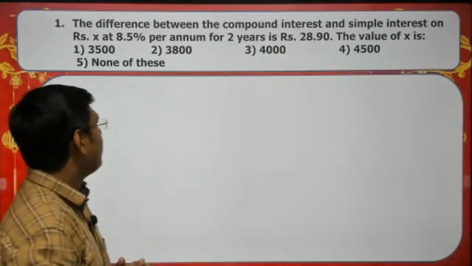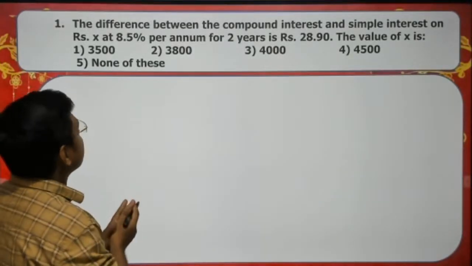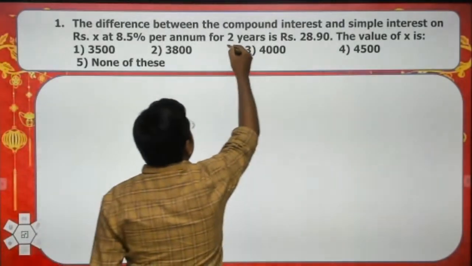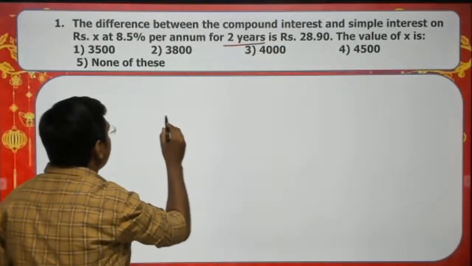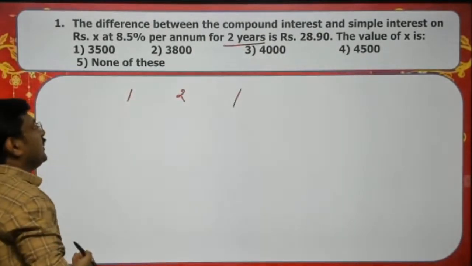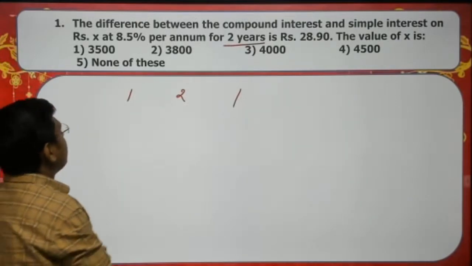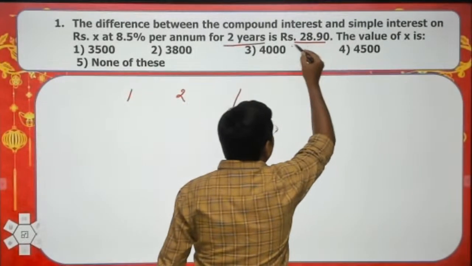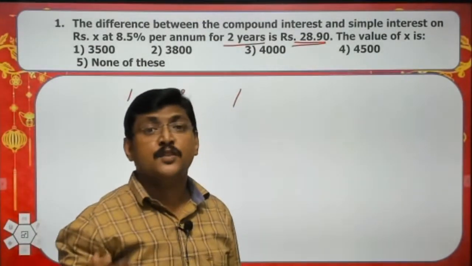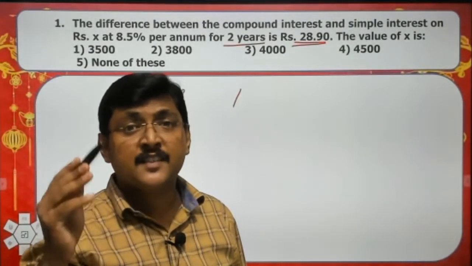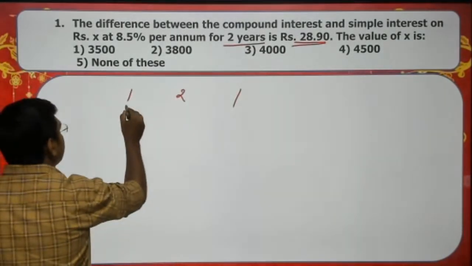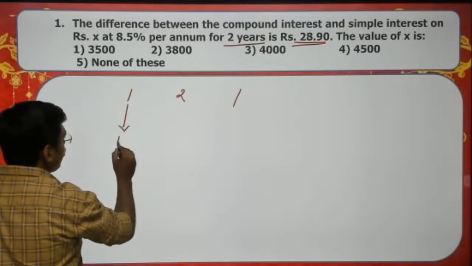So listen carefully. Here the difference between the compound interest and simple interest on rupees X at 8.5% per annum for 2 years. Since it is for 2 years, we know that our frame will be 1 to 1, correct? If it is 1 to 1 and clearly given the difference between the interest is 28.9. First of all, I am going to find the interest in terms of the principal. If I am assuming the principal as 100, I am going to find the answer. Listen carefully. Yes. If this 1 corresponds to 100,